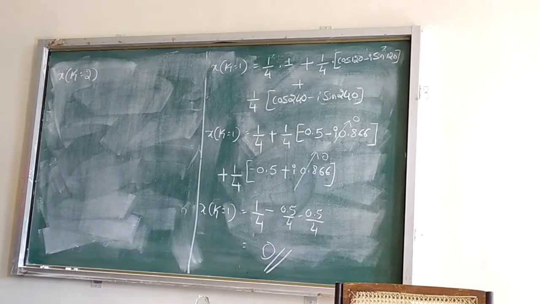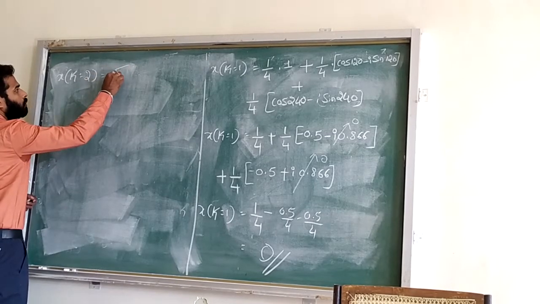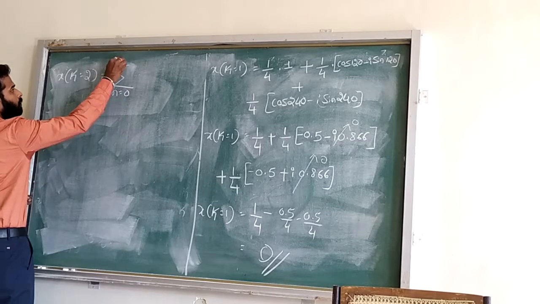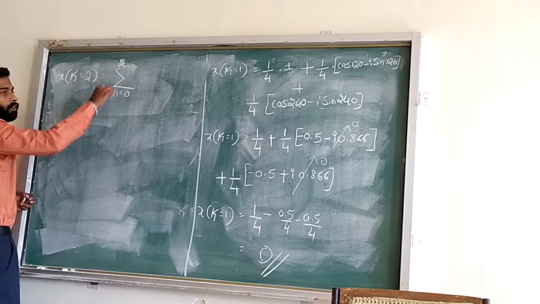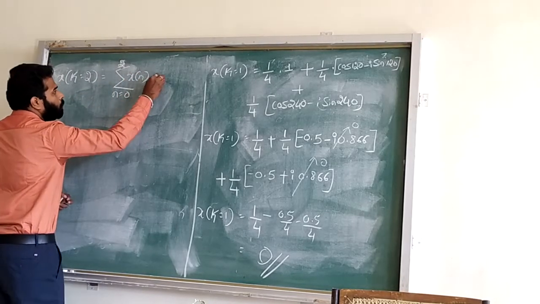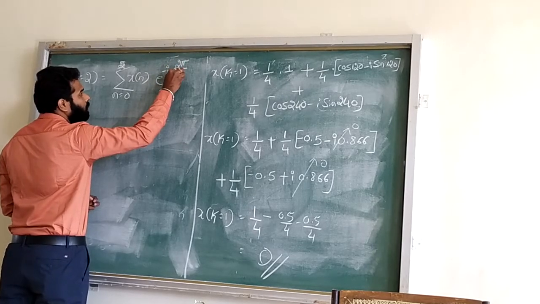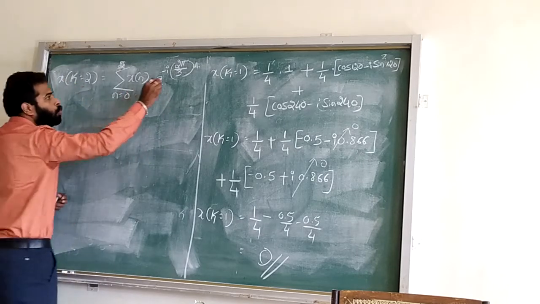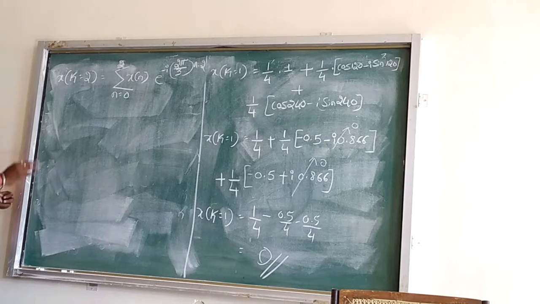Now for the procedure, first we write the general equation. So that's equal to the summation n is equal to 0 to capital N minus 1. So capital N minus 1 is 3 minus 1, that is 2. Right? X of n e raised to minus I 2 pi divided by capital N, which is 3, into n into k n. Now what is k? K is 2. Okay? Now we'll expand this.